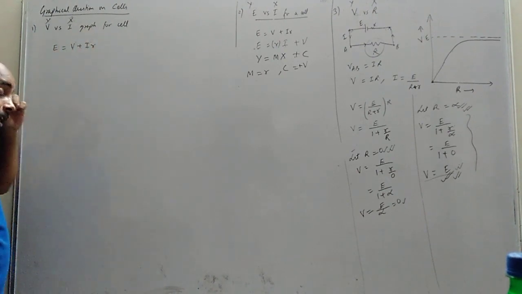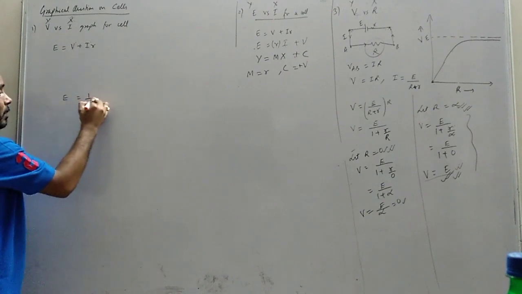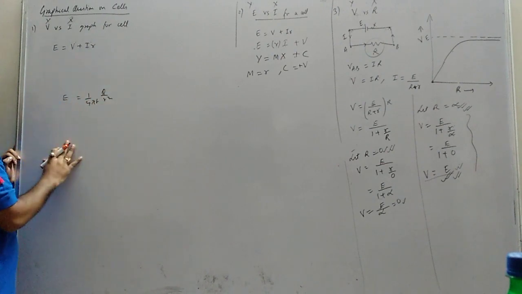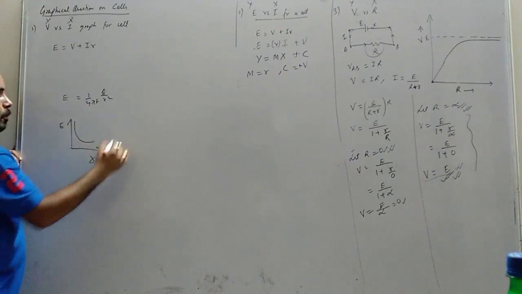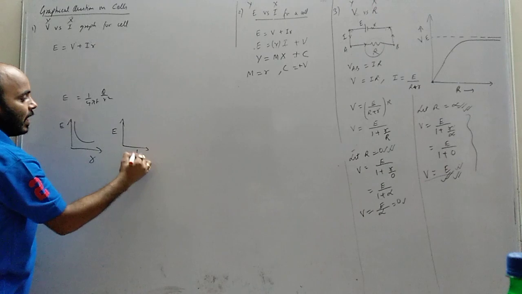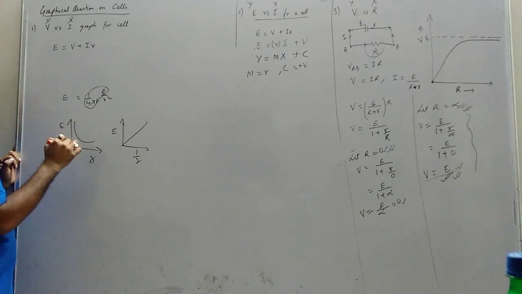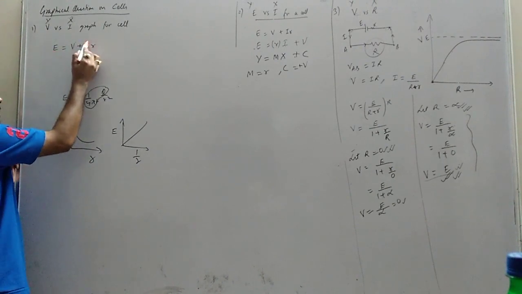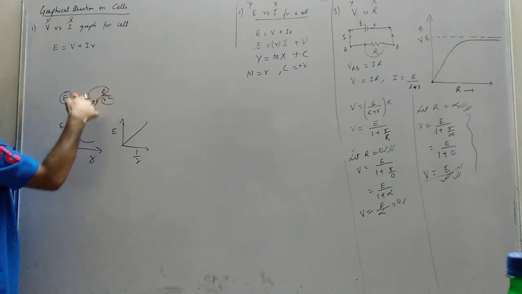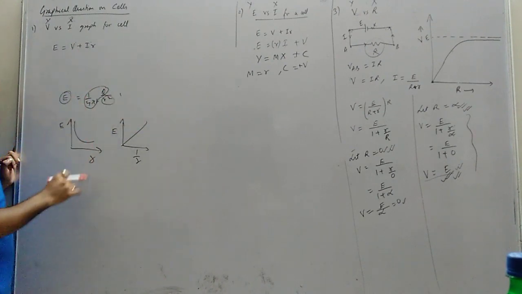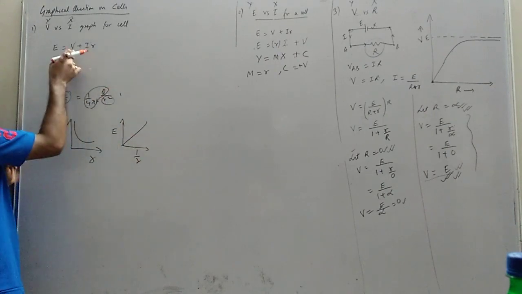Now, what type of straight line? The figures which you studied in the first chapter, 1 by 4 pi epsilon, q by r square. For example, this is the figure, E versus r. It will be an inverse proportional graph. E versus 1 by r is directly proportional. We directly write that because the rest of the part was constant, right? But see this. This is y, this is x, and it is in plus form. There were only two terms, E and r square, two variables, and the rest is multiplication. There was no plus form. Do you understand? This was also a straight line, E versus 1 by r. This will also be a straight line.